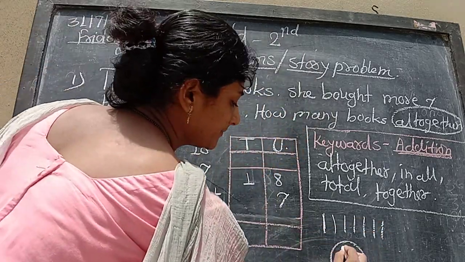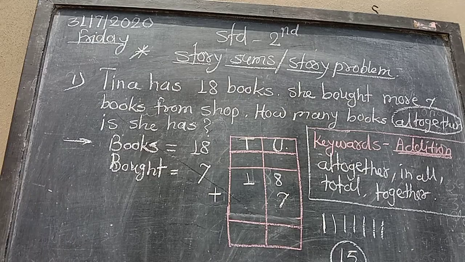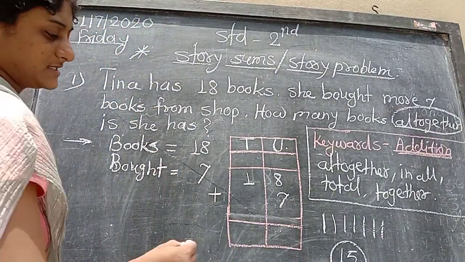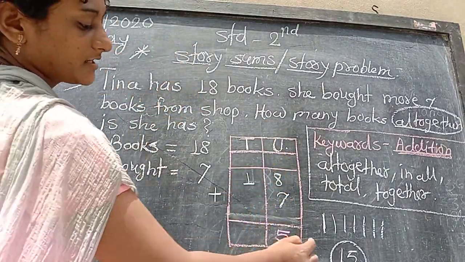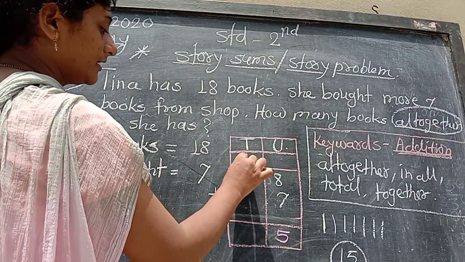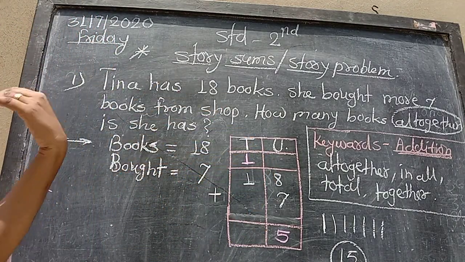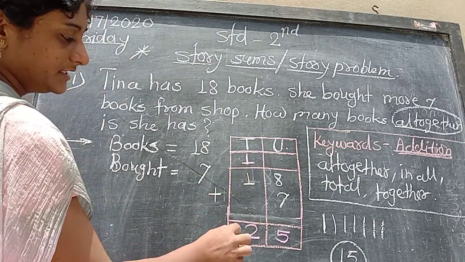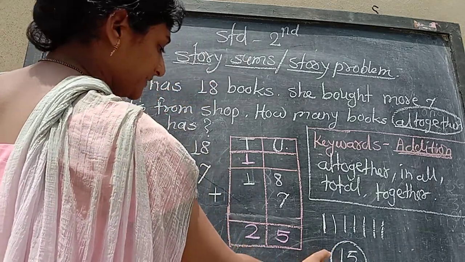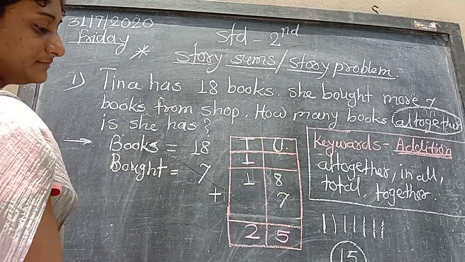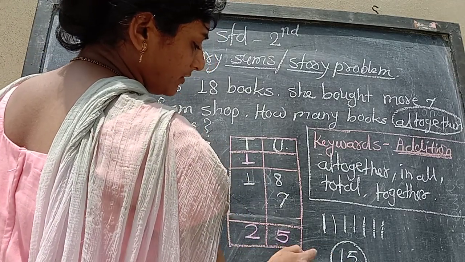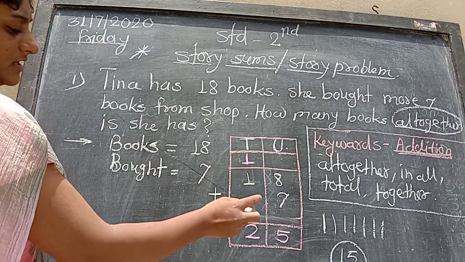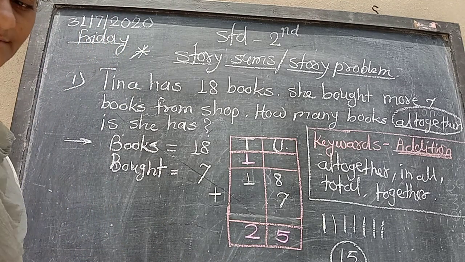Do you know, students, we get 15. But from the 15 we want to take only 5 on the ones place. So write 5 here, and the remaining 1, what will you do? You will take it as carry. It is called carry. So carry 1. 1 plus 1 is 2. Is it clear? The number 15 is divided in this way into tens and units. We wrote 5 from 15, and the remaining 1 we took as carry. Then we add 1 plus 1, 2. So what is our final answer?